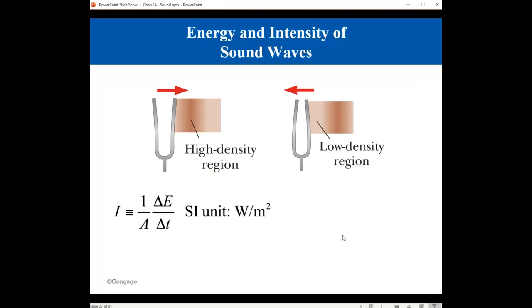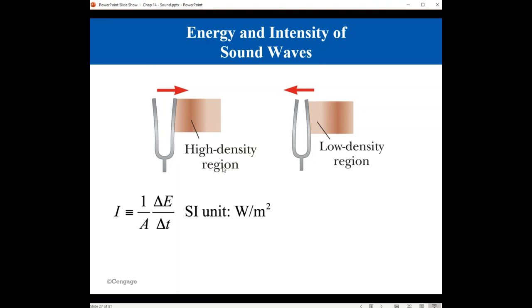We move on to learn about the energy and intensity of sound waves. From this example of the tuning fork, we can see that there is energy being imparted on the air molecules here,